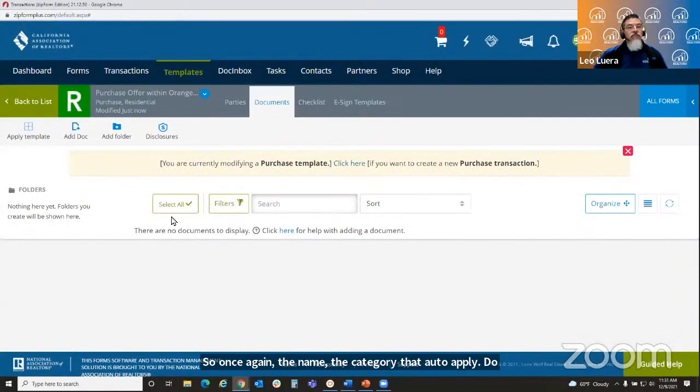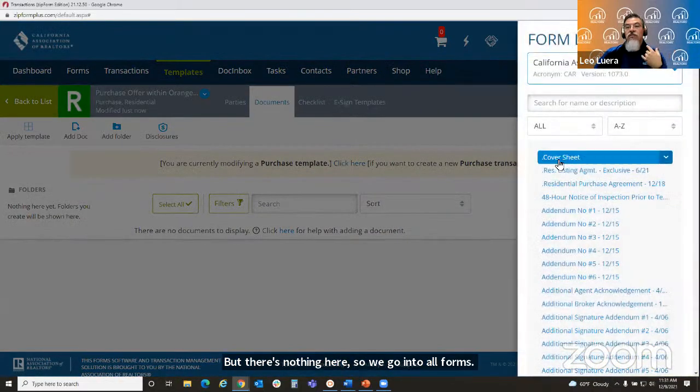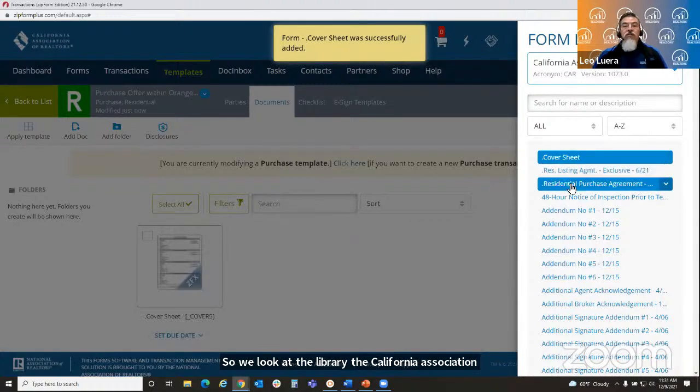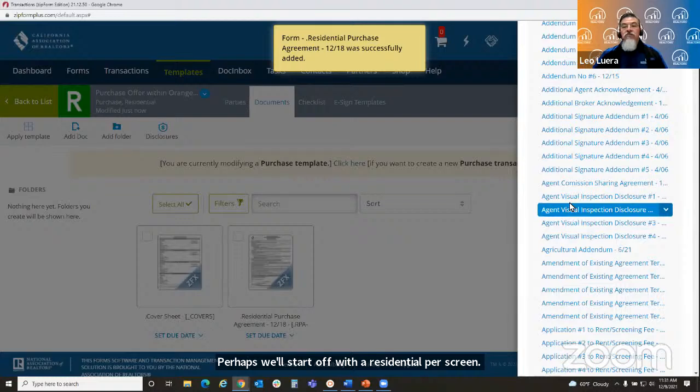There we go. So once we're in, the documents tab has been highlighted, but there's nothing here. So we go into all forms. We look at the library, the California Association of Realtors. We start off with perhaps a cover sheet. Perhaps we'll start off with a residential purchase agreement. Oh, I don't know, agent visual inspection